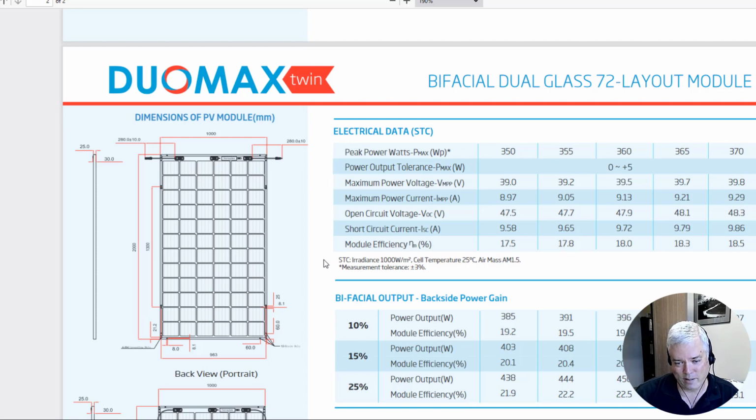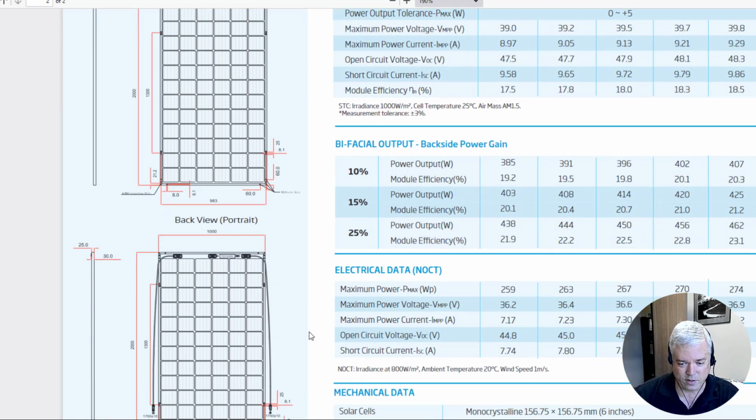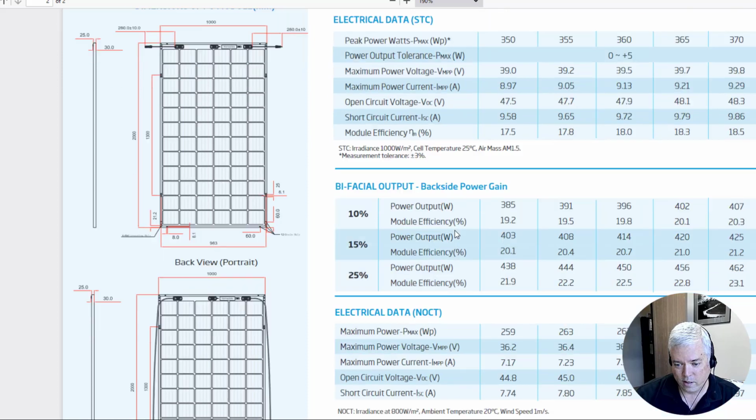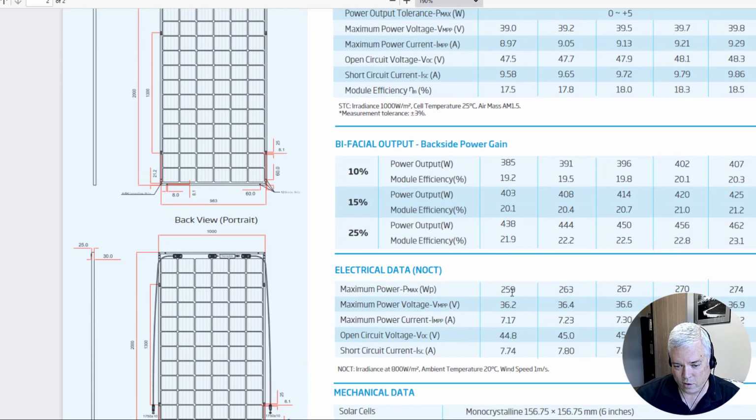And the operating temperature affects the output. In fact, I can scroll down here, and there's another set of charts based on the NOCT, normal operating cell temperature. And you can see that the standard test condition of this module is 350 watts. The normal operating cell temperature is almost 100 watts less,